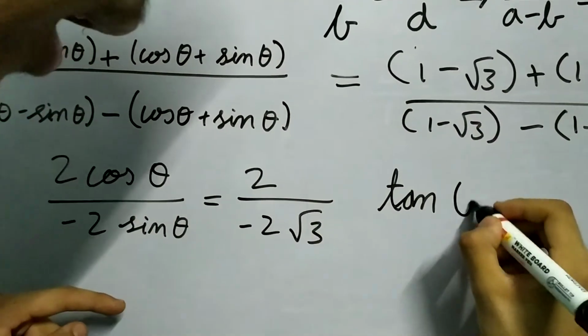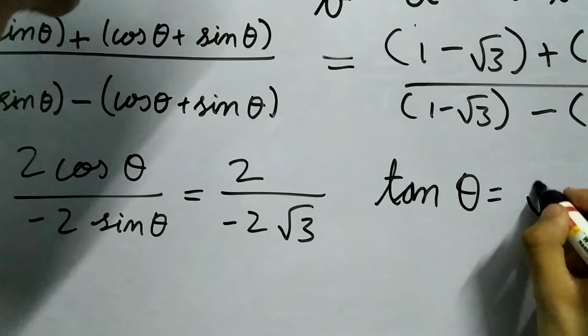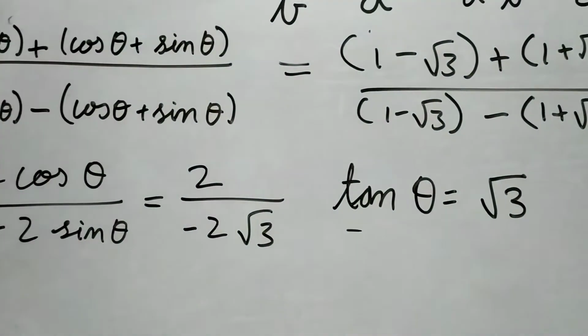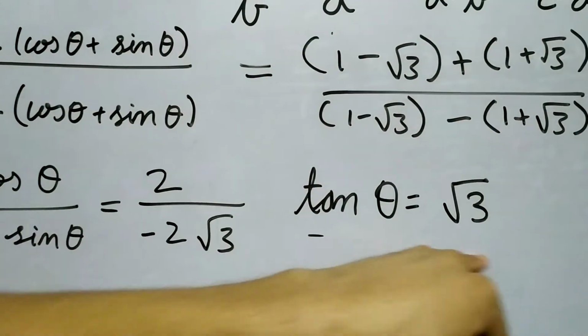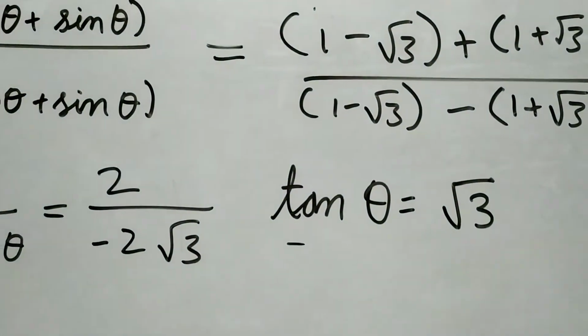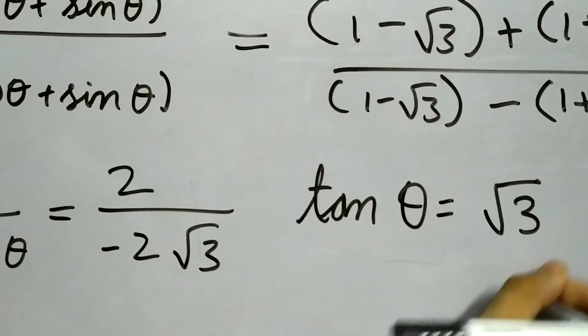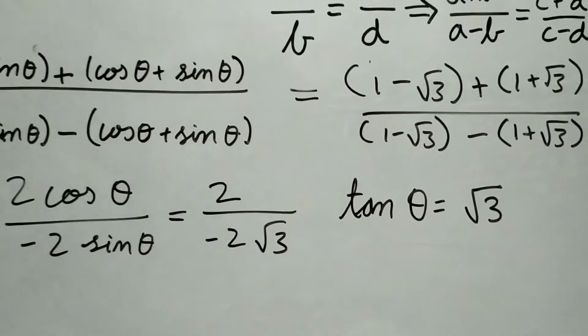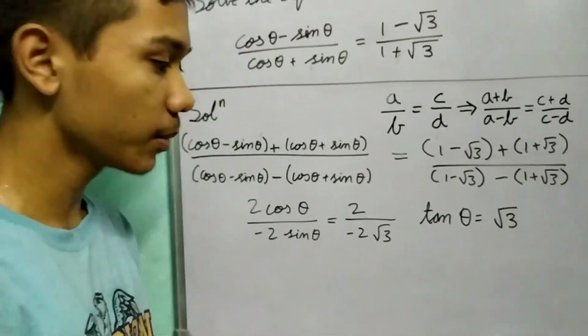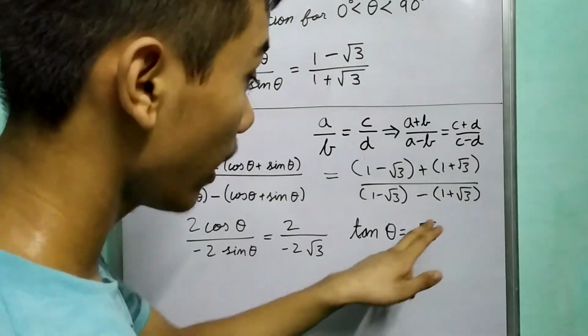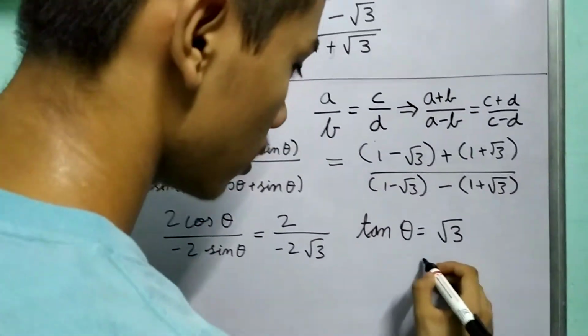Okay, tan theta is equal to root 3. Now we get this expression, but we still don't have the value of theta. Now this is the really interesting part, how to do this. Those who know the trigonometric tables might realize that root 3 is nothing but